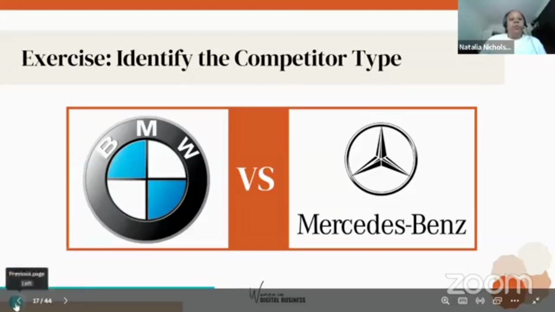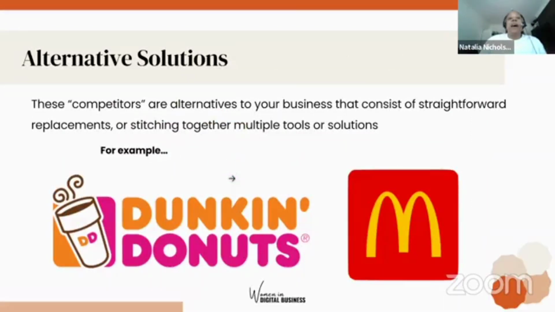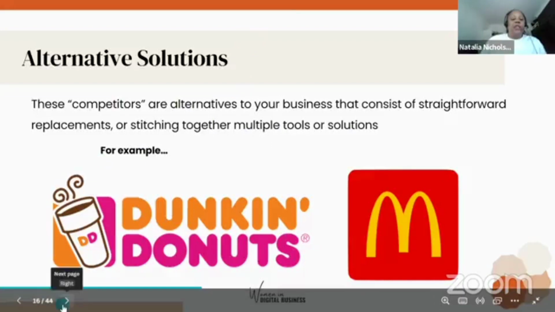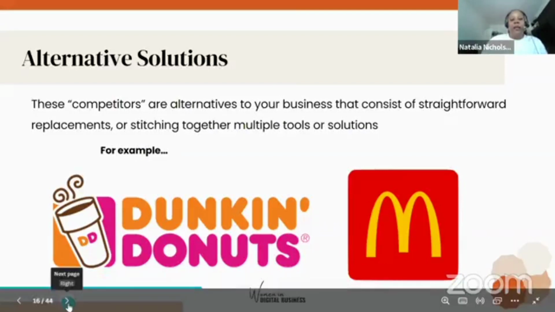So, when you're looking at alternative solutions, it might be looking at a product or a solution or a competitor that doesn't solve the exact same problem as you, but it's an alternative solution. So maybe rather than getting my eyebrows waxed, I might get them threaded. This is how markets can take the market share, by the way, of a particular sector quite easily, by looking at alternative solutions and breaking into that marketplace, or bringing customers from that marketplace of an indirect competitor into your own community or following.